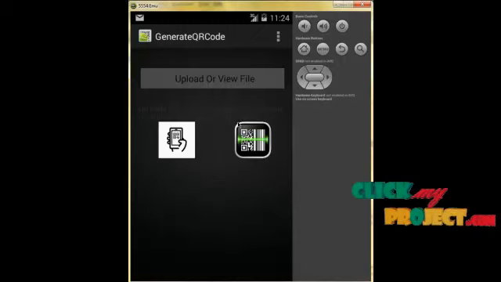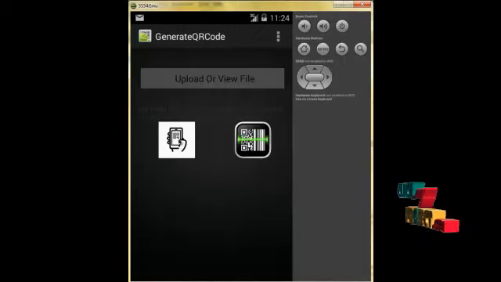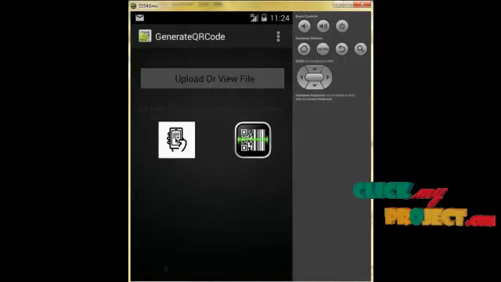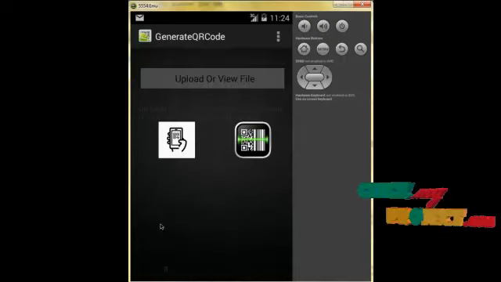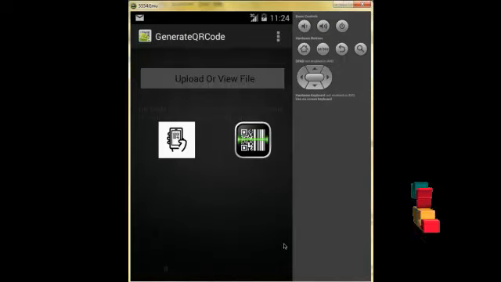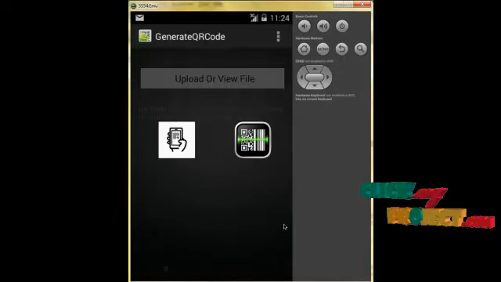This information is displayed here, and when we click on this generate button, this is our generate icon, it will generate our QR code as well as the secret code and the random number of keys and IDs.